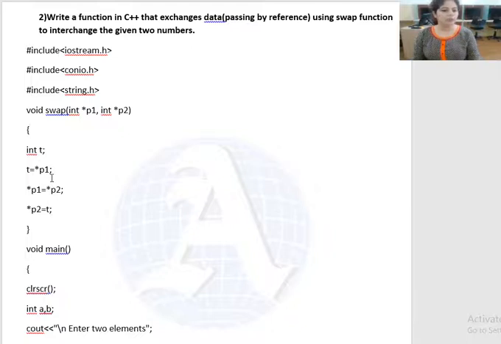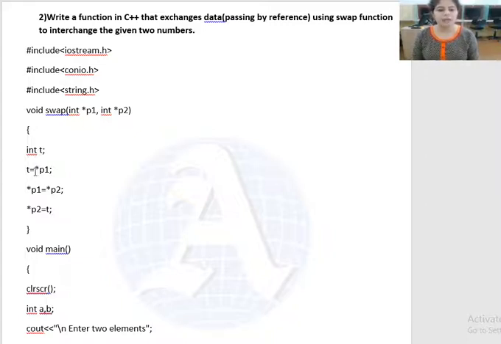Now p1 is vacant. There is no value in p1 because we have transferred that value into the t variable. Now in the second statement, transfer the value of the variable p2 into the variable p1. p2 is another pointer variable.